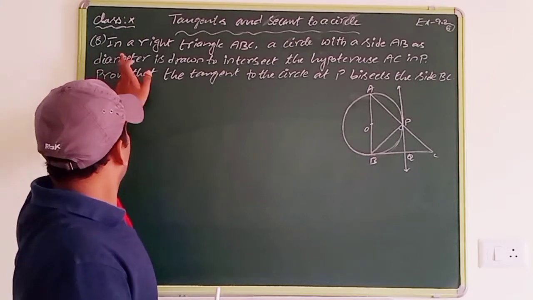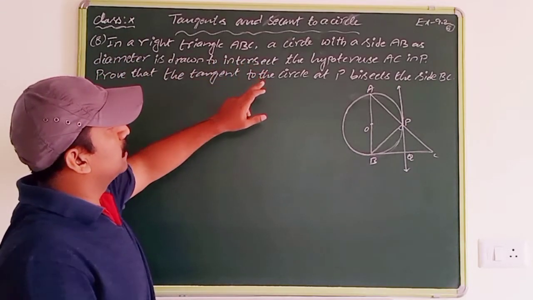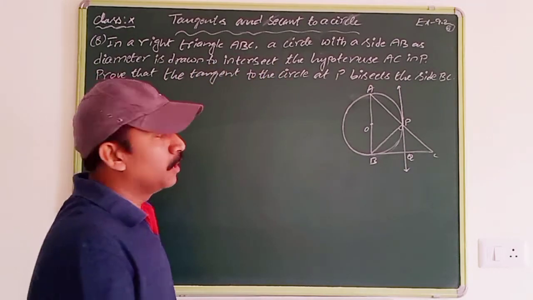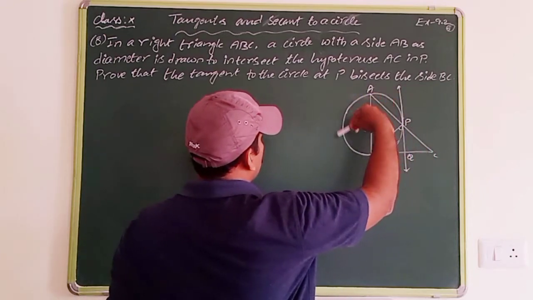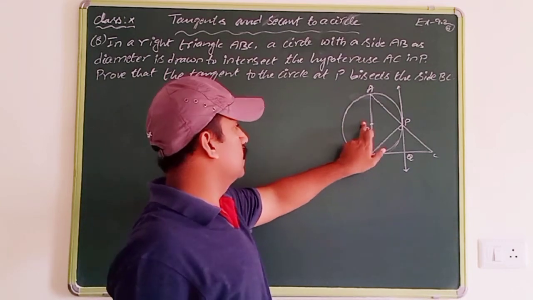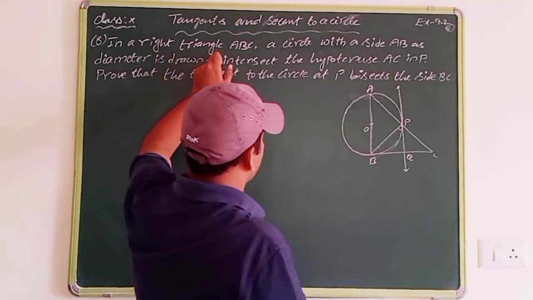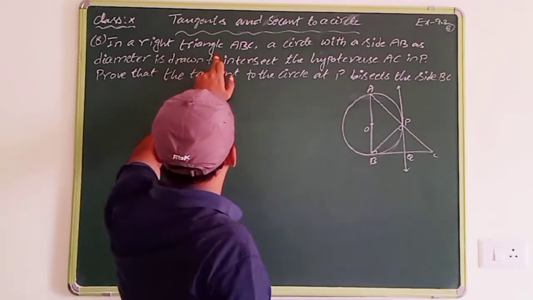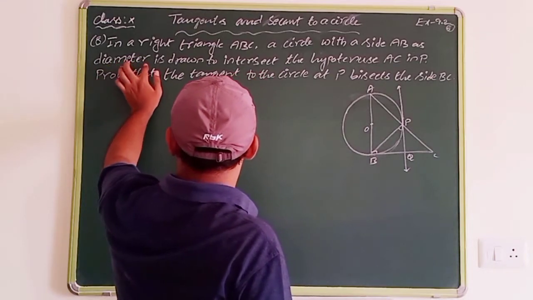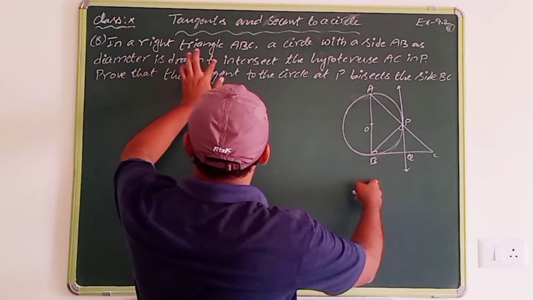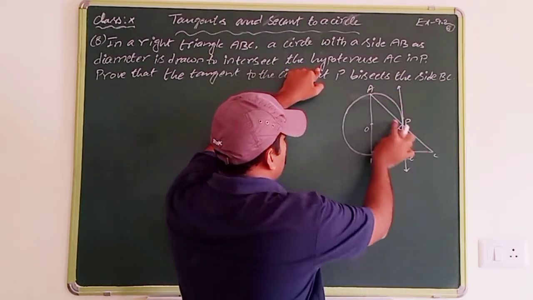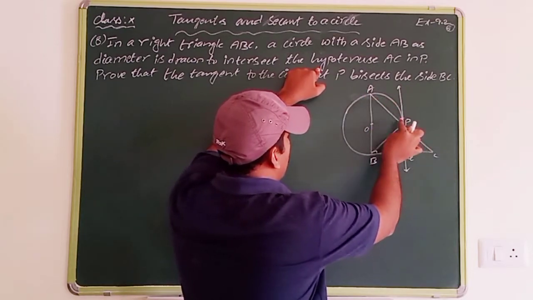Okay, so in a right triangle ABC, a circle with the side AB as diameter is drawn to intersect the hypotenuse AC. So observe the figure also given in the question only. So this is a circle and AB is the diameter of the circle, O is the center of the circle. So in a right triangle ABC, what type of triangle is it? A right triangle they have given. AC is the hypotenuse, right? The side opposite the right angle is called the hypotenuse. So this circle intersects this hypotenuse